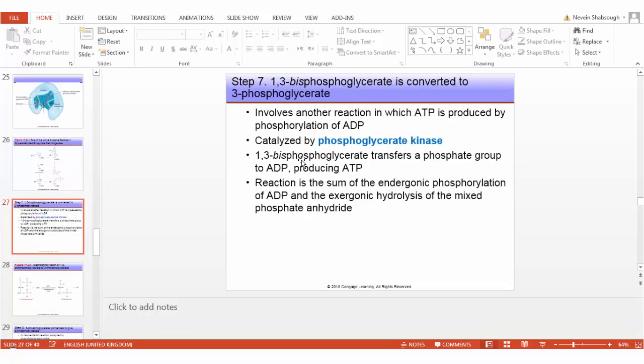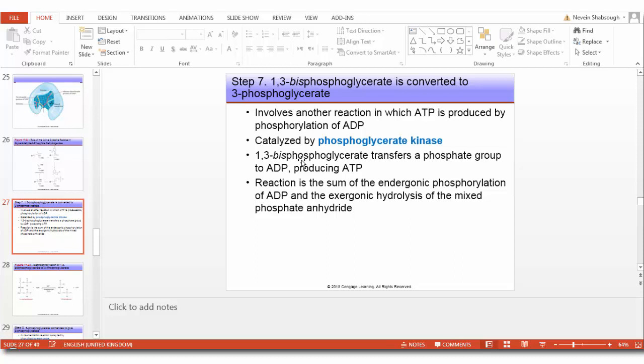Now, the coming reaction, step number 7, is one of two reactions in which ATP is produced by phosphorylation. Now the enzyme that catalyzes this step is called phosphoglycerate kinase. 1,3-bisphosphoglycerate transfers the phosphate group to ADP producing ATP, and again this transfer is typical of so-called substrate level phosphorylation,